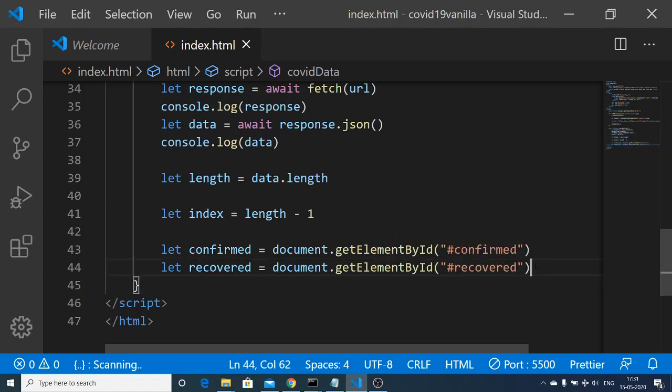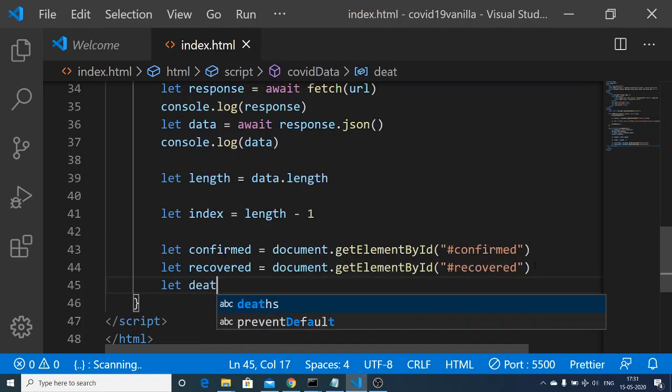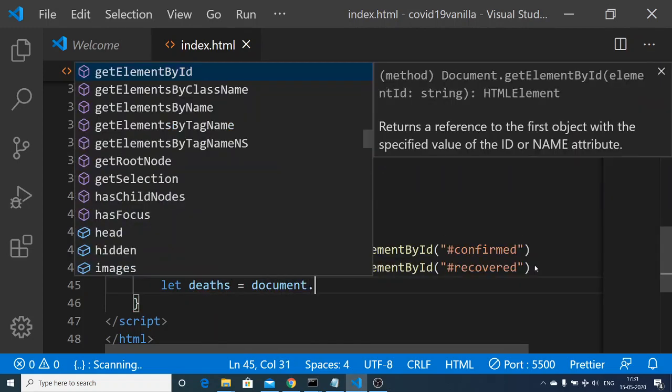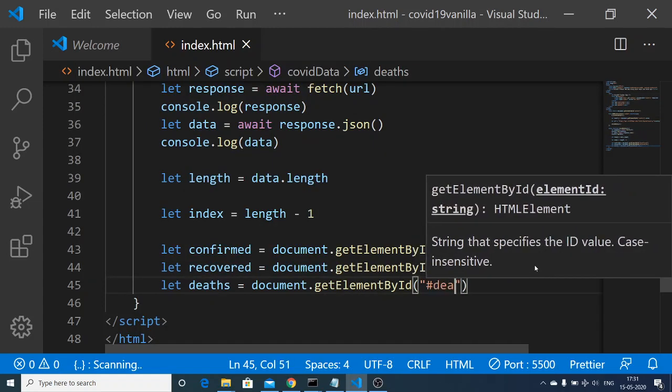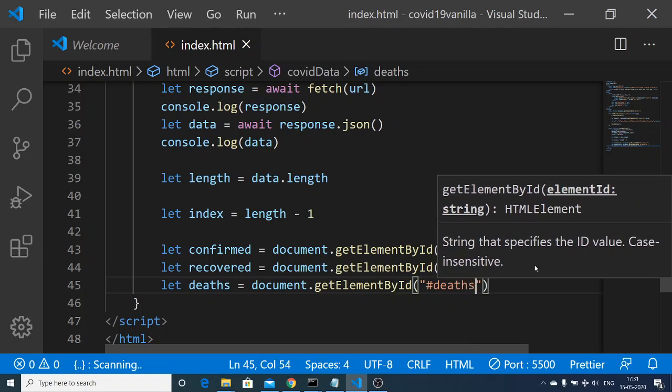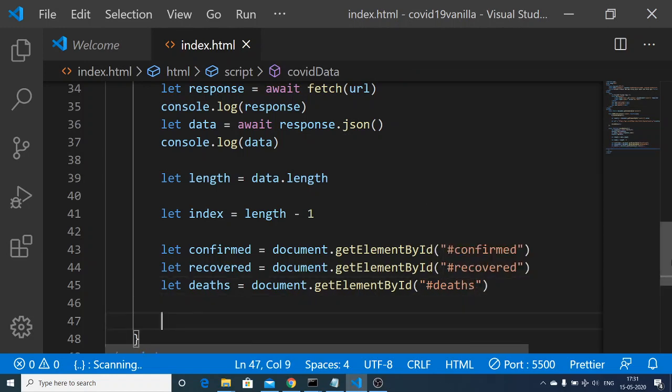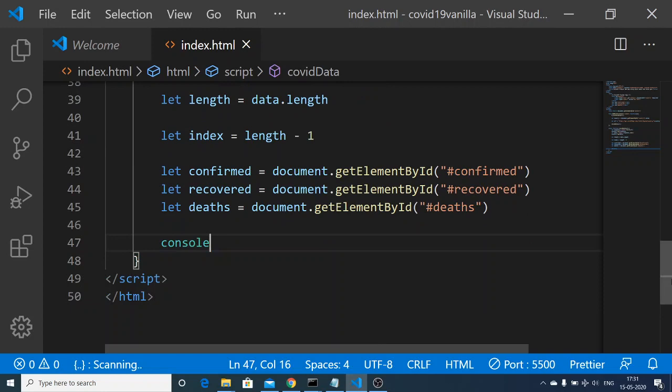And the last one is for the deaths here. Again document.getElementById. After getting these references, we need to just manipulate the inner HTML of it.